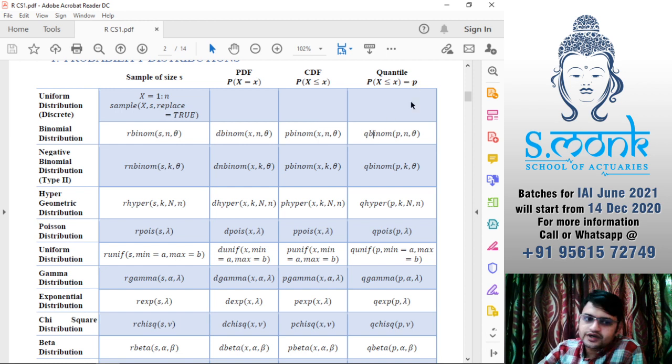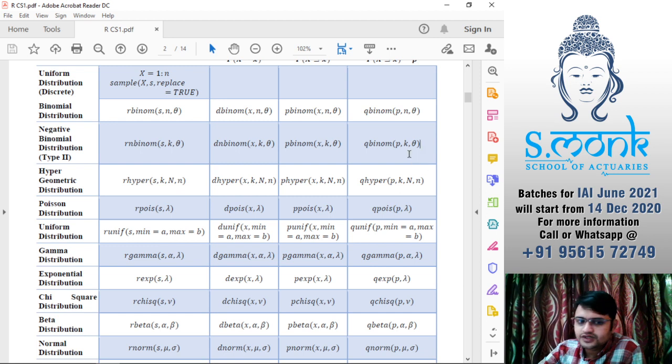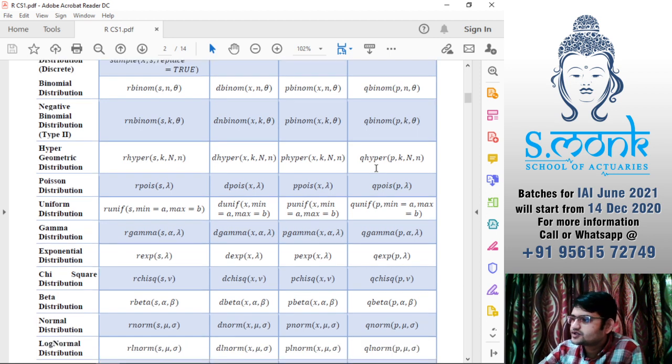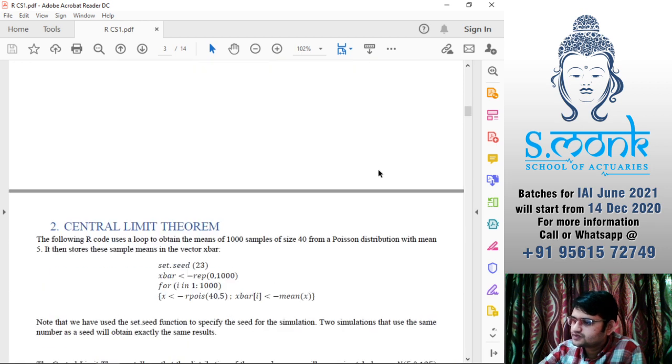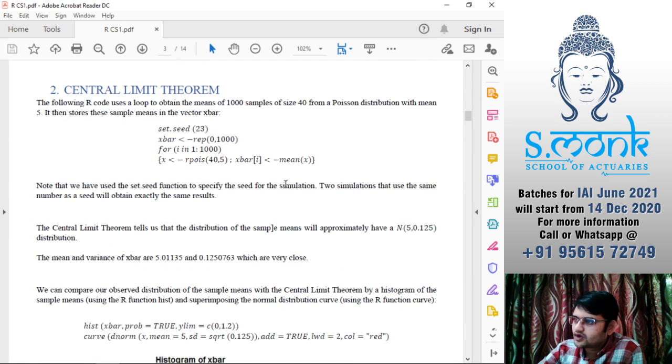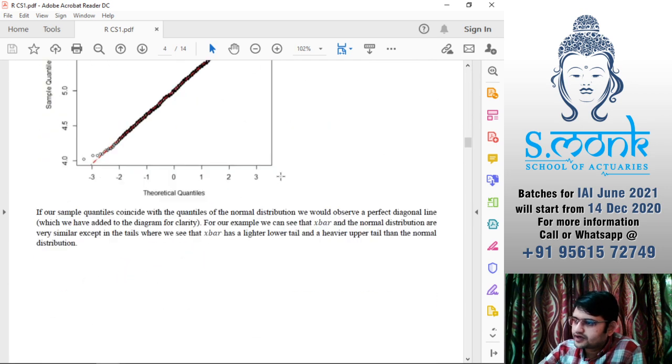For quantile, you are trying to figure out for what value of x you will get a probability p, that is, less than or equal to, meaning the CDF value you want. So this is how we use distributions to find these values, and we'll talk about these later on.